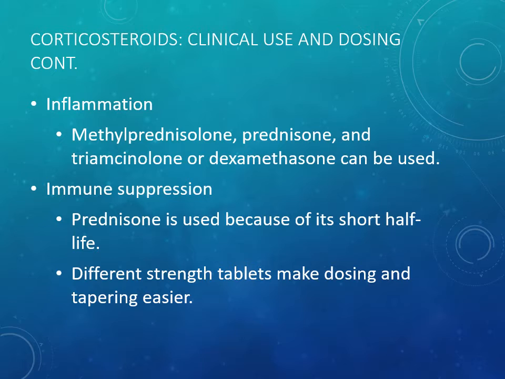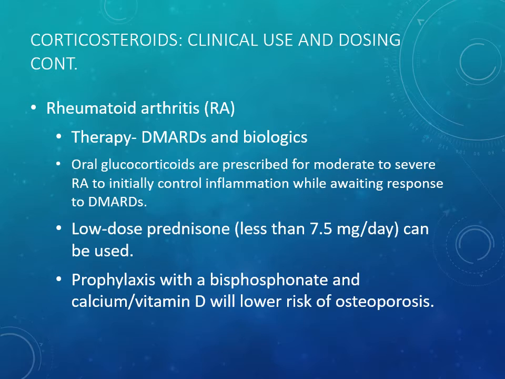For post-transplant immunosuppression, there's often a need for a combination of immunosuppressants, and high-dose corticosteroids are generally used together. For rheumatoid arthritis, the mainstay of therapy is DMARDs and biologics. However,